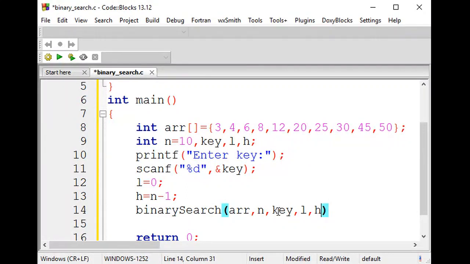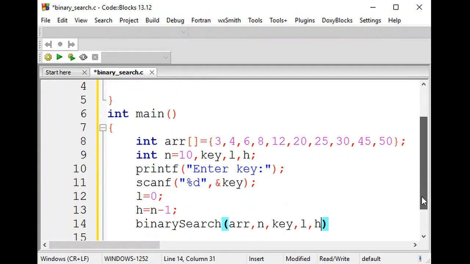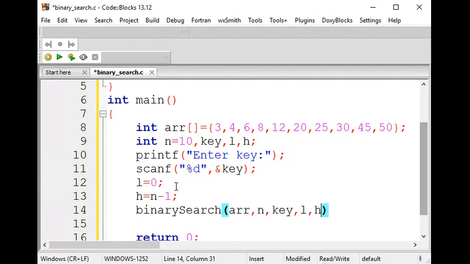Okay. And next is we'll go ahead with your function definition there. And from here, what are the things I'm passing is that size n value required here. We'll avoid this n value. Since you're going to pass your low and high value, n value is not required, right? So low and high is going to keep track of your pointer. In case of binary search, we'll remove this one.